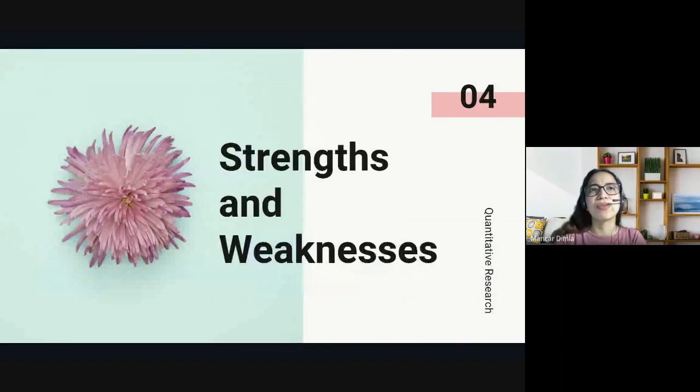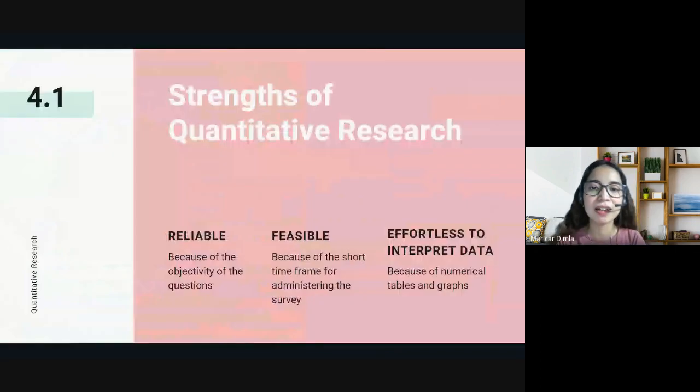We have this saying, or this quote, that the source of your strength, okay, is also the source of your weakness, which I think also applies in the strengths and weaknesses of a quantitative research. Let's have this. Ta-da! There are lots of strengths you can find online about quantitative research, but I narrowed them down into three,